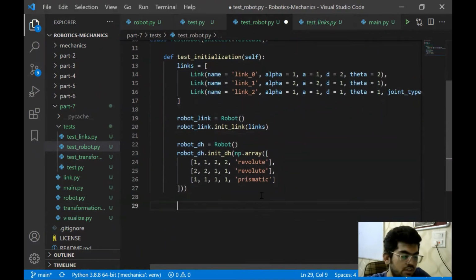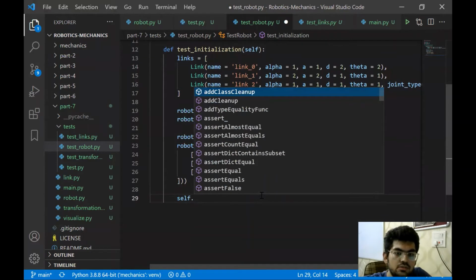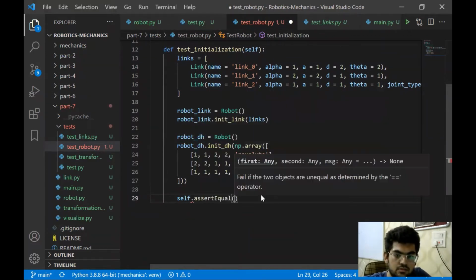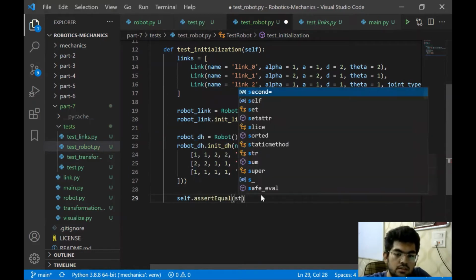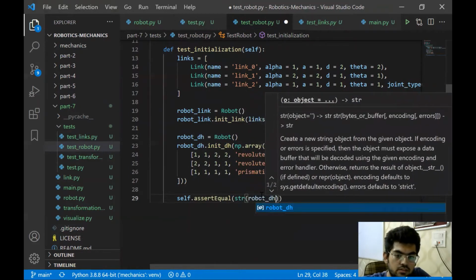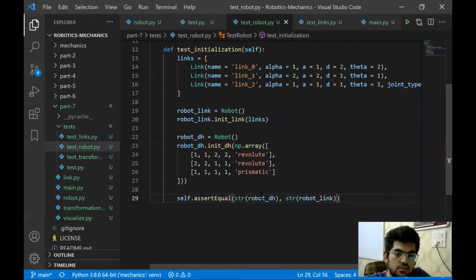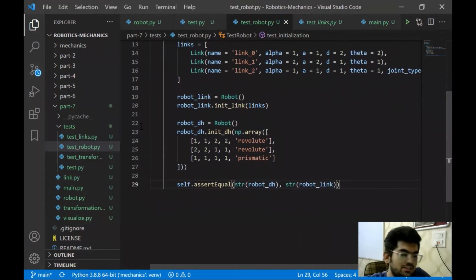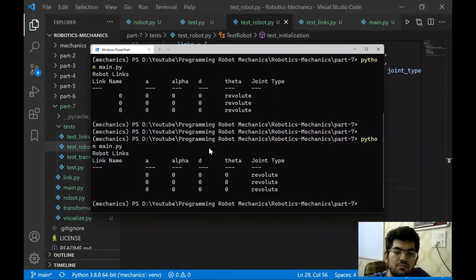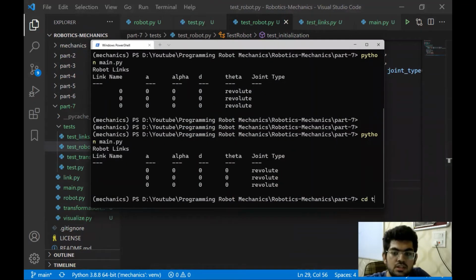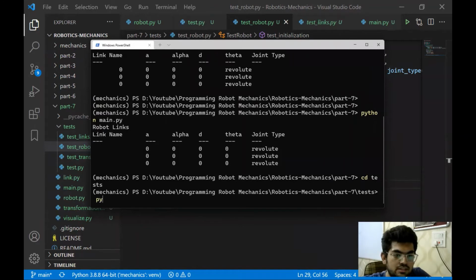Since we have initialized, I think we can use the assert equal over here: str robot dh and str robot link. Now in order to run this, we may need to fix the import part, which we will do. Now we're in the tests and we will run test.py.